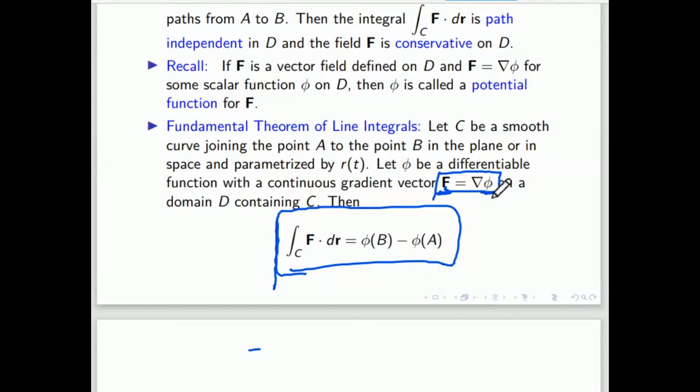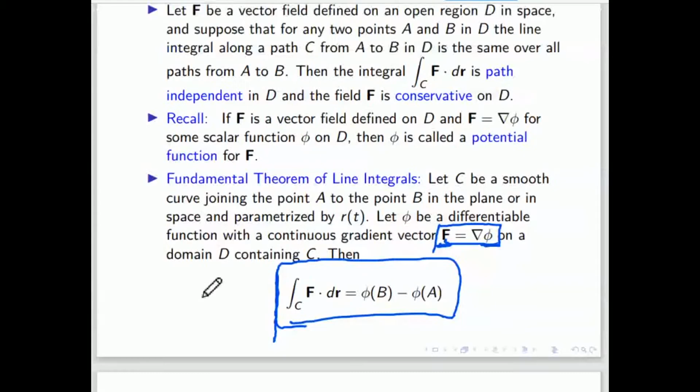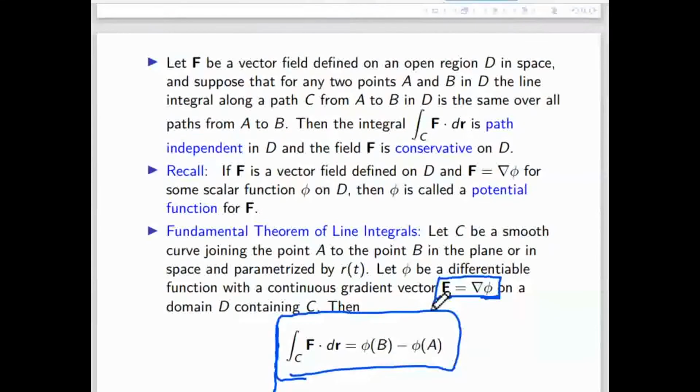So now the question is, when will this happen? First we have to check whether it is conservative or not. That is the first question. And if it is conservative, then we have to find how to get the value of phi. Once we get the phi value, we can integrate easily. So you'll see some criteria. The definition of conservative says that this integration doesn't depend on path.